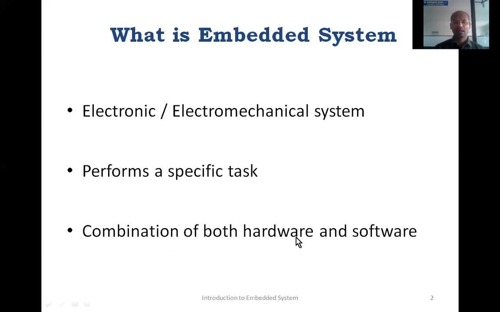It has electronic components, which is hardware, and mechanical components also, like motors and actuators, and it needs software. Without software, hardware alone is useless. So that is embedded system. So embedded system is electromechanical system which does a specific task, which is having both hardware and software.